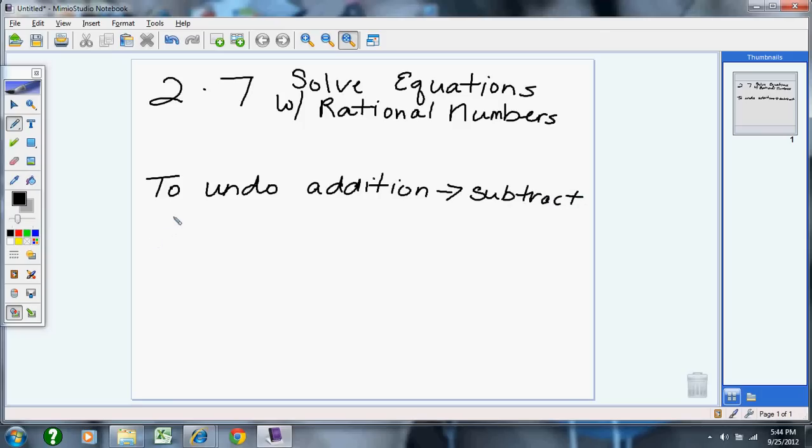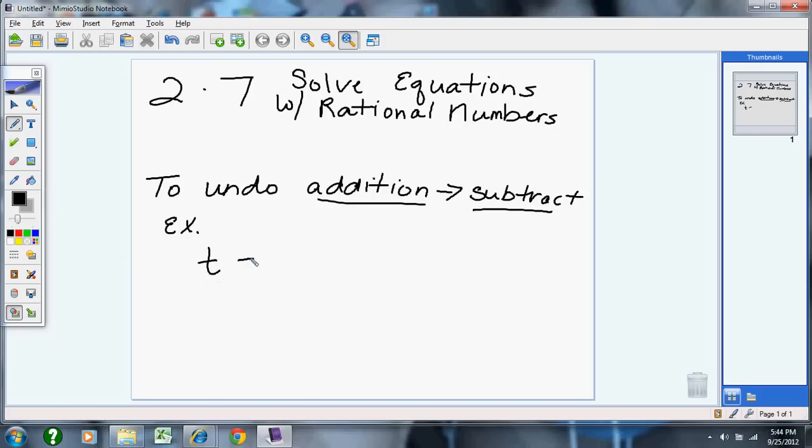We did an example of that yesterday on our whiteboards. So a quick example that I do want you to write, so yes, you have to write it. So to undo addition, you're going to subtract. Your example is